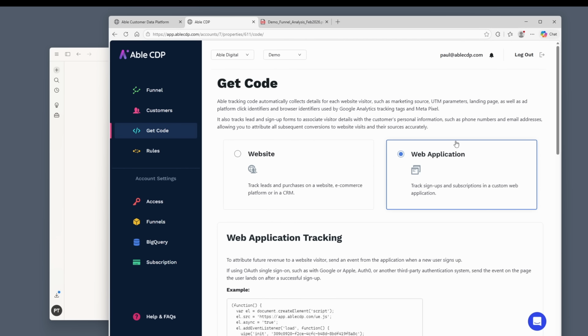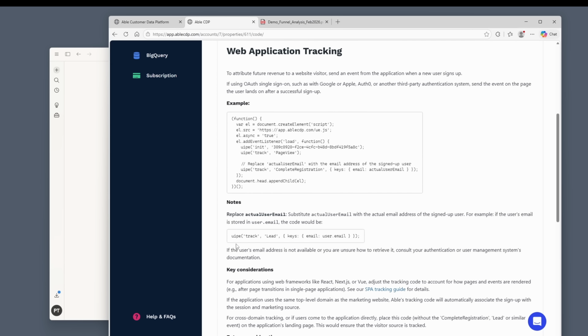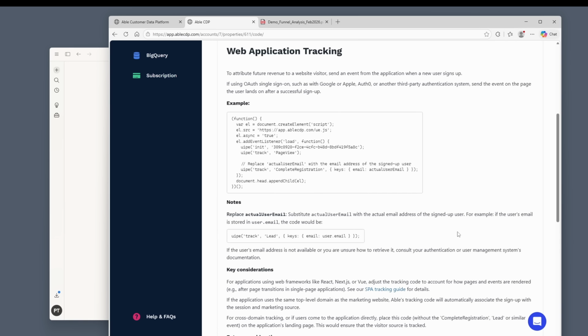If it's more like a web application where you have a custom application where people sign up and they go on to use the application, then you would need to modify the application slightly just to trigger the small tracking code to essentially identify each user or identify each sign up. So this should be fairly straightforward. There are instructions for both